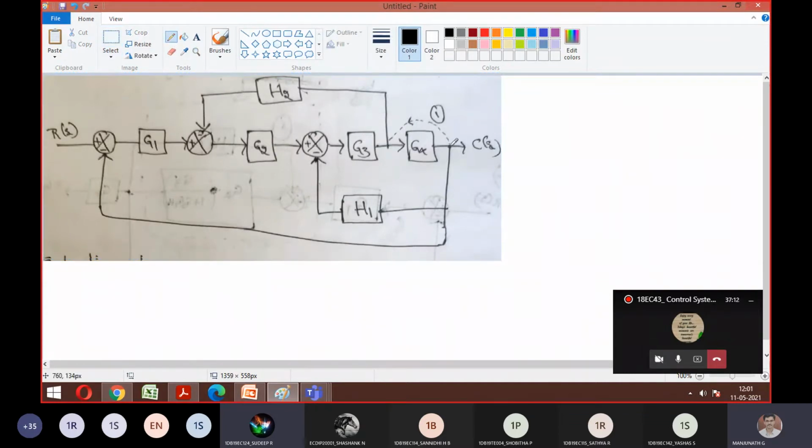Is it 1 by G4? You are moving along with this here. You are moving this also, no? So what should be multiplied? Where I should multiply is the question, right? If you are moving ahead, I should split this, connect this here, and I am supposed to connect G4 here. Yes or no? From where are you moving? From G4 you are moving. If you were moving from here to here, you could have made 1 by G3. Correct or wrong?